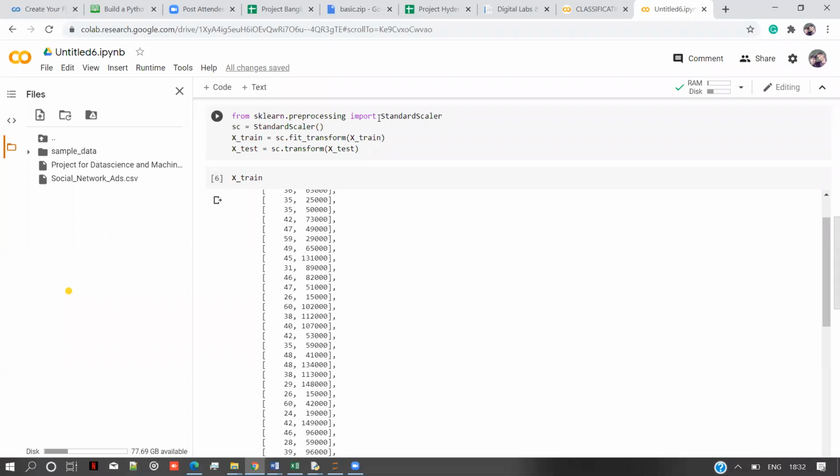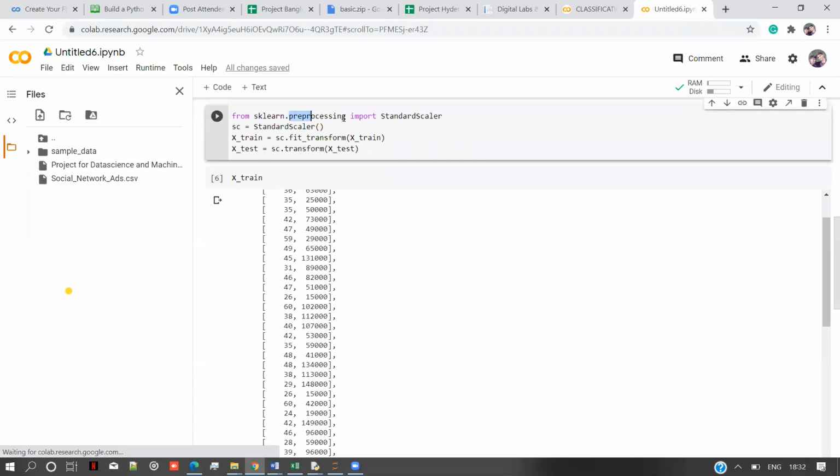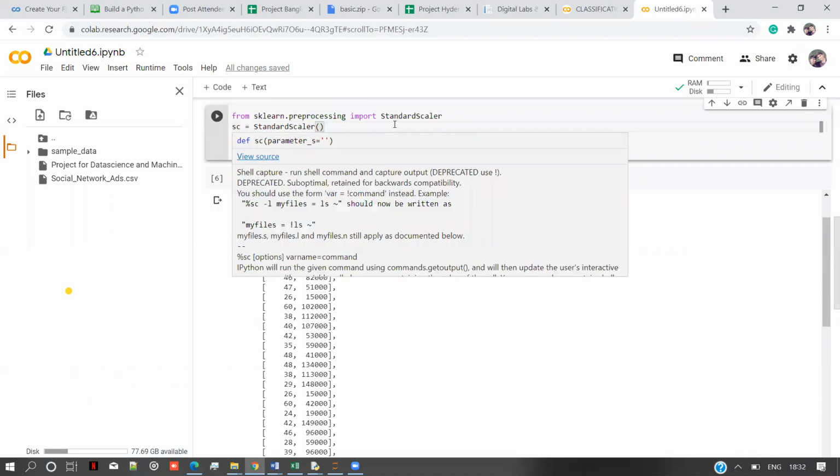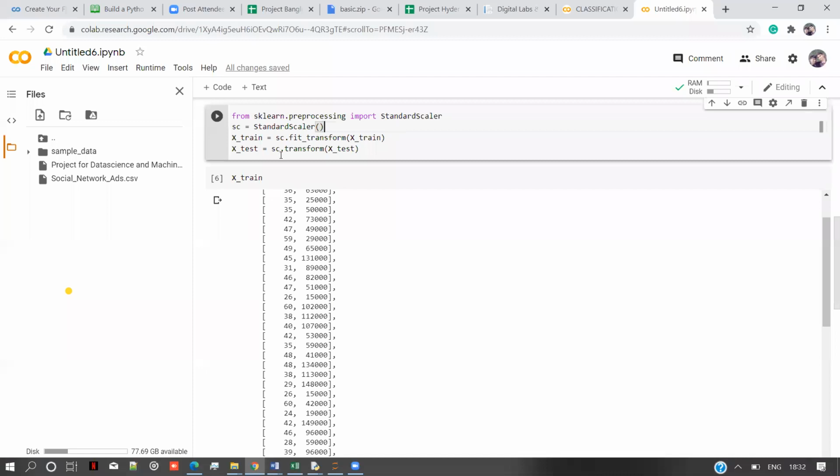First, we'll import the StandardScaler function from sklearn.preprocessing. Preprocessing is a module again, and StandardScaler is a class. So we create an object for the StandardScaler class as sc, and for fitting the train set, we'll use the fit_transform method, and we'll transform the X test with sc.transform.